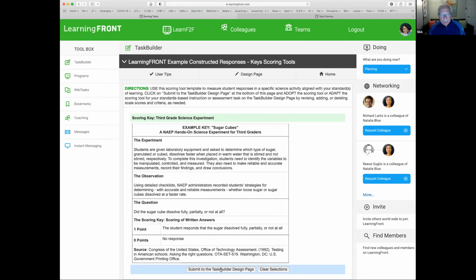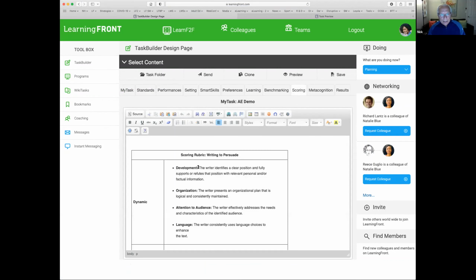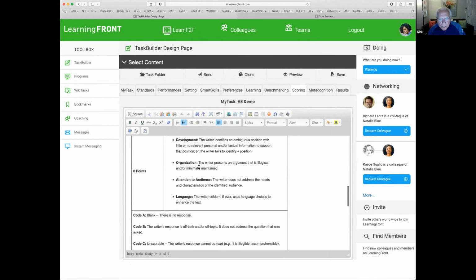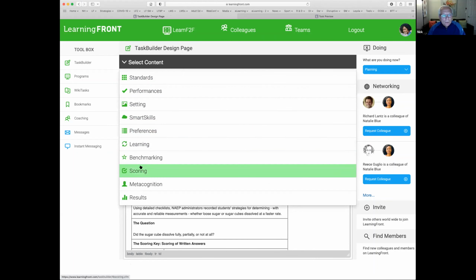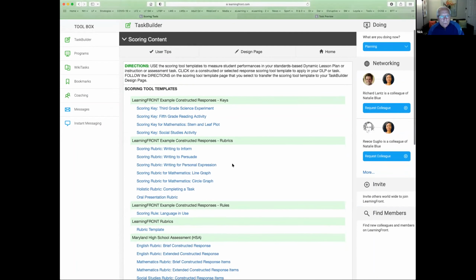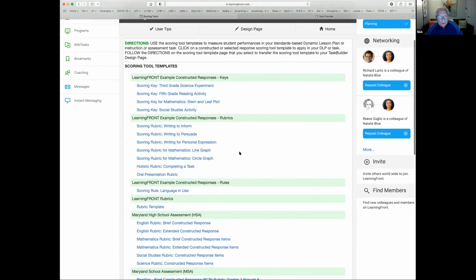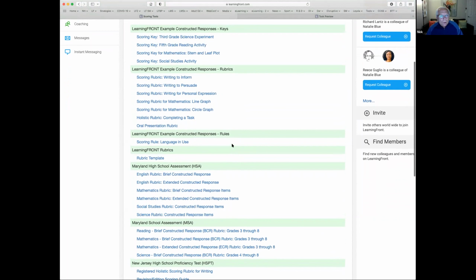So if I submitted this to the design page, I can go in there now, and well, it probably went in under the first one. Yeah, there it is. So I can go in here and edit that any way I want. Okay, I can rename it. I'll go back and do another one. So there are keys, there are rubrics, and there's also a,